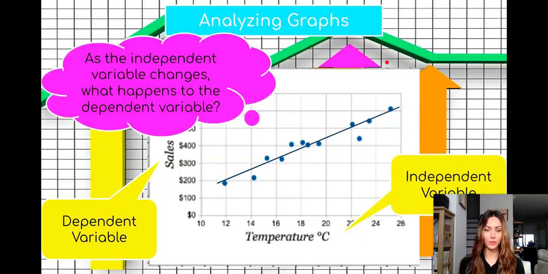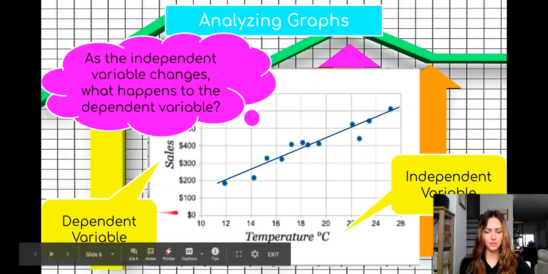Just like we did when analyzing the data table, in order to analyze a graph, we want to consider, as that independent variable, again found on the x-axis, changes, what happens to that dependent variable, or the variable I find on the y-axis. If I look at my data points and my line of best fit here, I can see